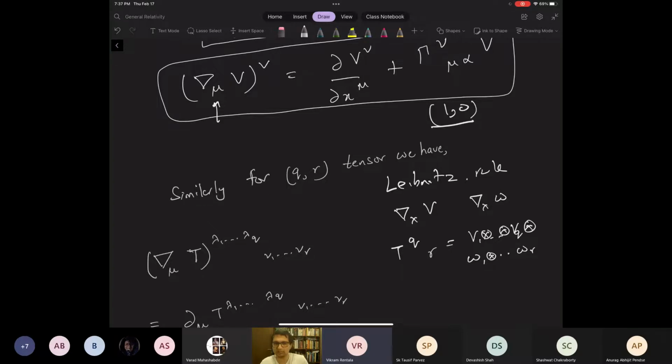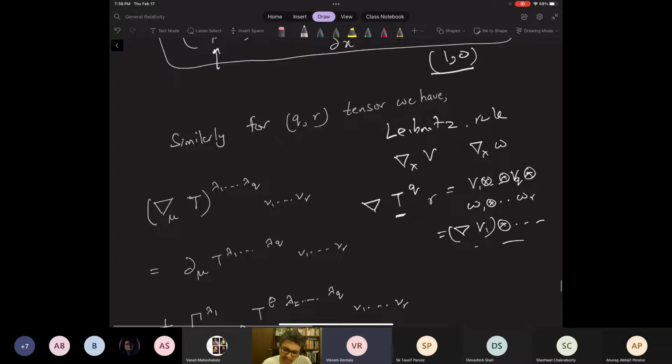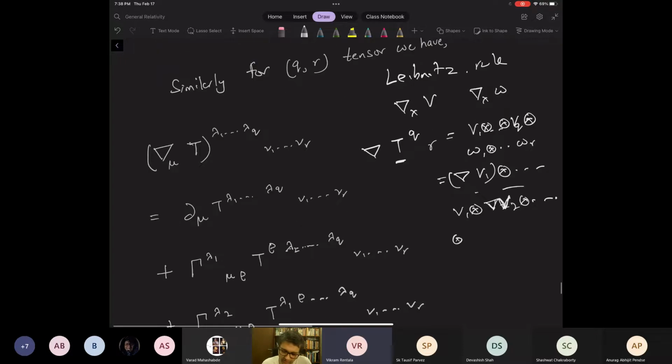Okay, so we can construct some tensor like this, and using our Leibniz rule, we know how the derivative should act on this tensor. It should act by first acting on V1, tensor the rest of the stuff. Then it should act on V2 and the rest of the stuff. Then so on, and then it should act on these dual vectors. So it acts as del W1, tensor other stuff,